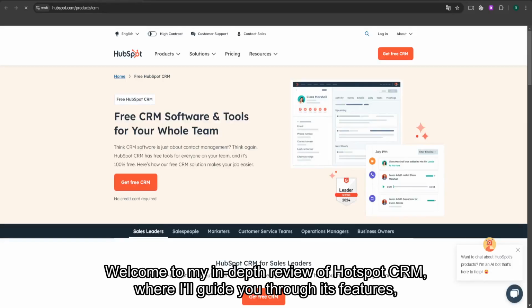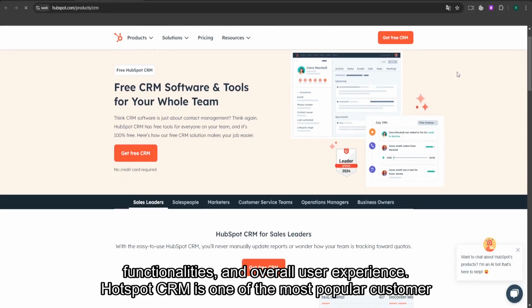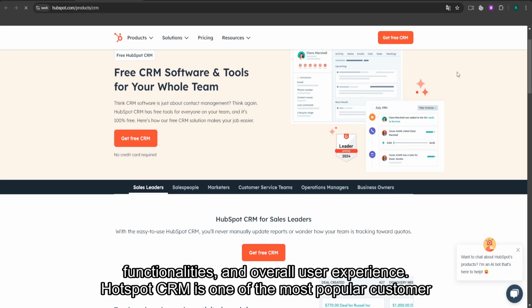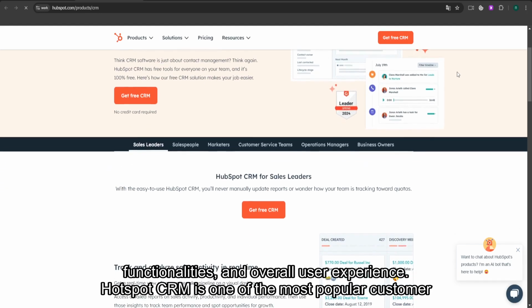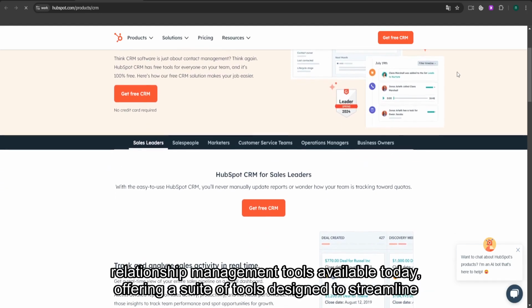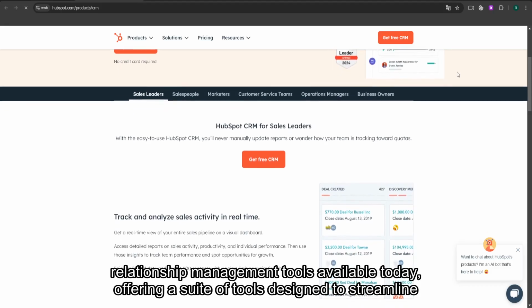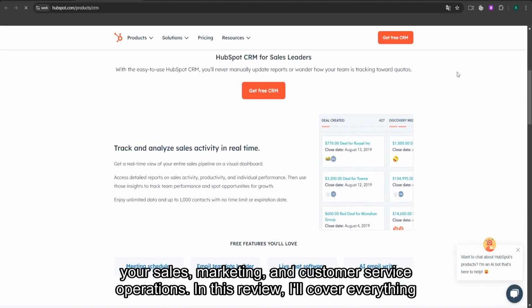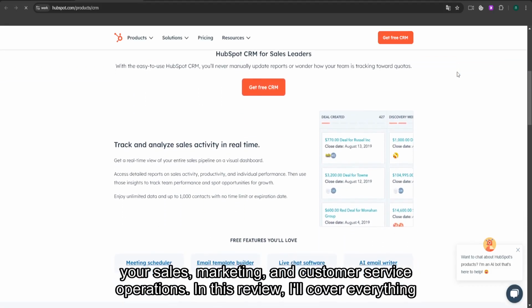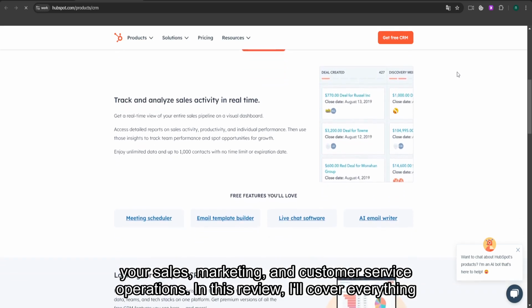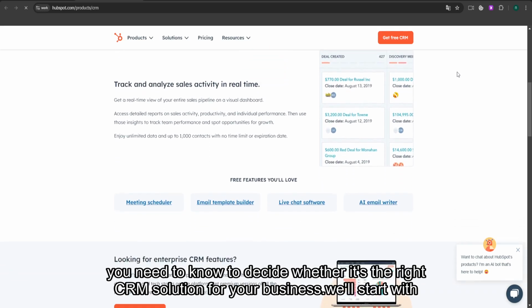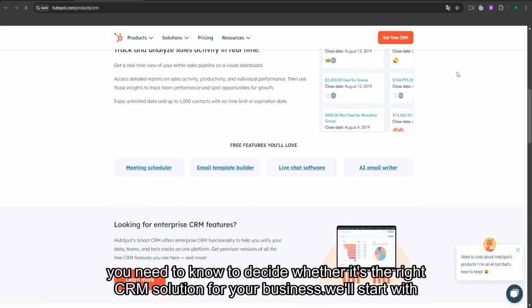Welcome to my in-depth review of HubSpot CRM, where I'll guide you through its features, functionalities, and overall user experience. HubSpot CRM is one of the most popular customer relationship management tools available today, offering a suite of tools designed to streamline your sales, marketing, and customer service operations. In this review, I'll cover everything you need to know to decide whether it's the right CRM solution for your